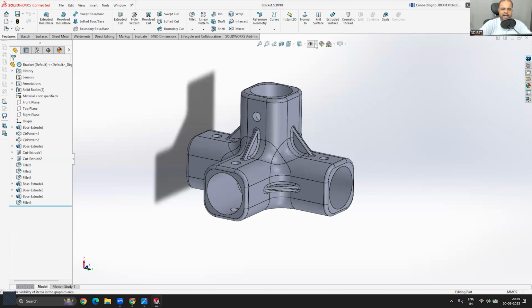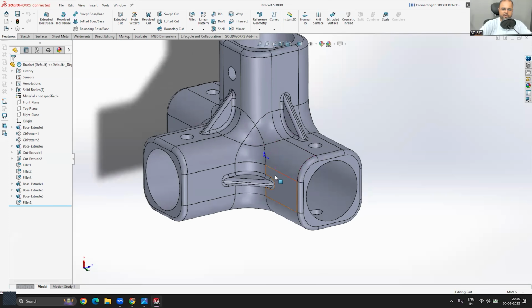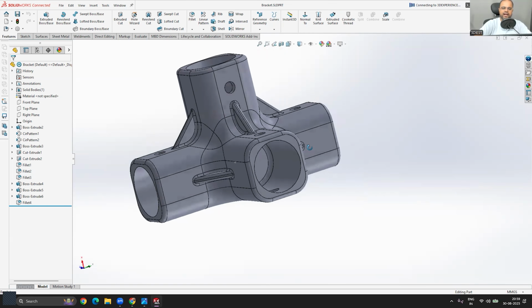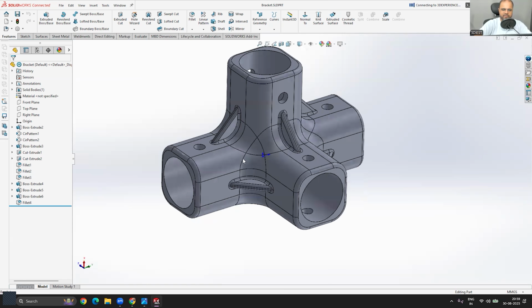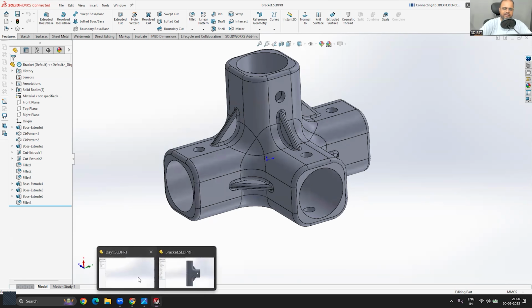Now, if you go back and check, there is also an option that is not turned on, to view the origin. So you can see the moment I turn it on, can you see a small origin is attached to my body with a small blue icon? Can you see that? That's at the center of my body, and that origin will always be visible when you start modeling from scratch, when you start modeling something new.